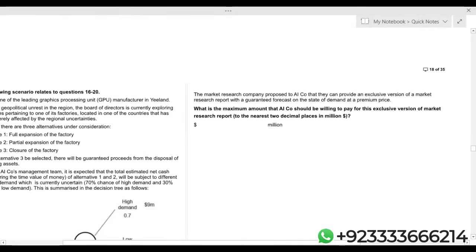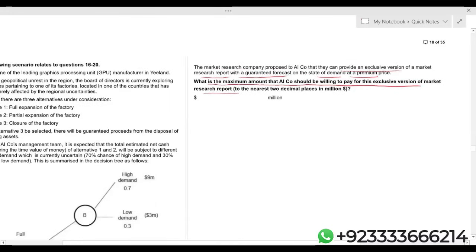Okay. The market research company proposed to AI company that can provide an exclusive version of market research report with a guaranteed forecast on the statement of demand at a premium price. Okay, they will give you perfect information simply. What is the maximum amount that AI company could be willing to pay for this exclusive version of market research? So simply, the maximum amount which we can pay, or you can say value of perfect information,